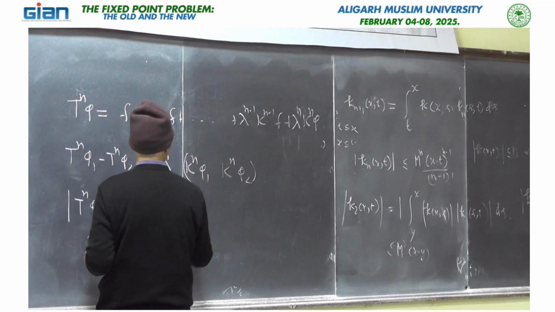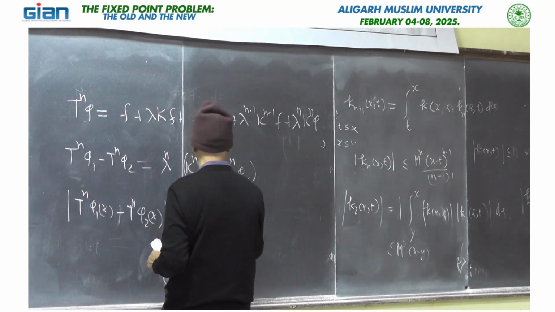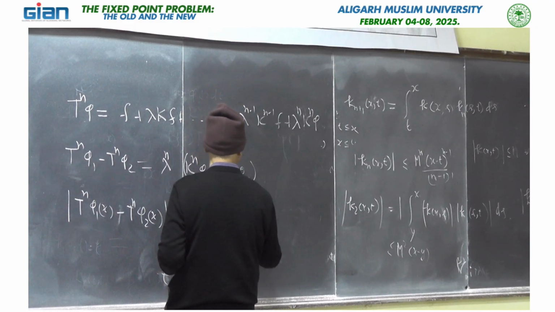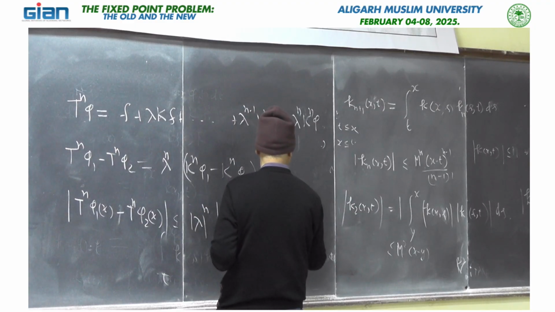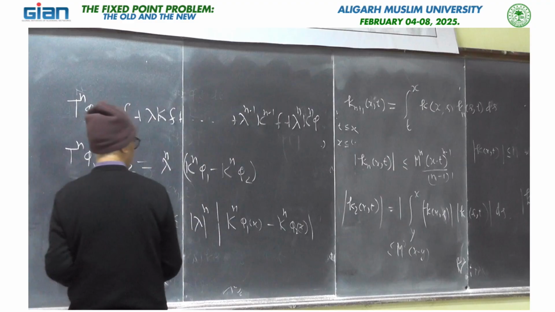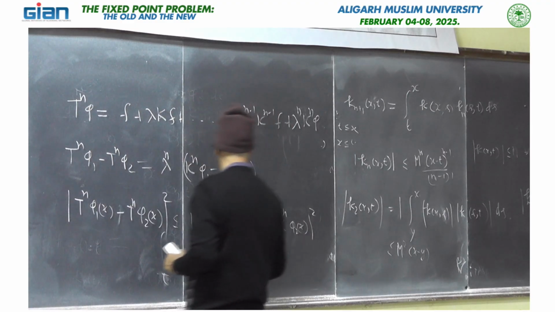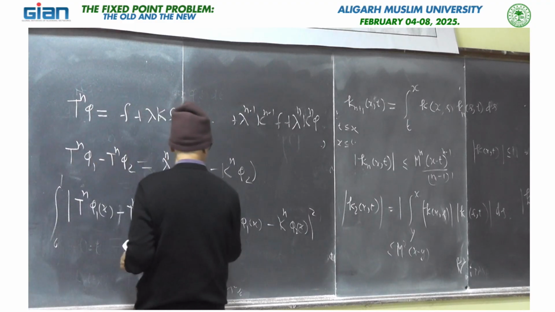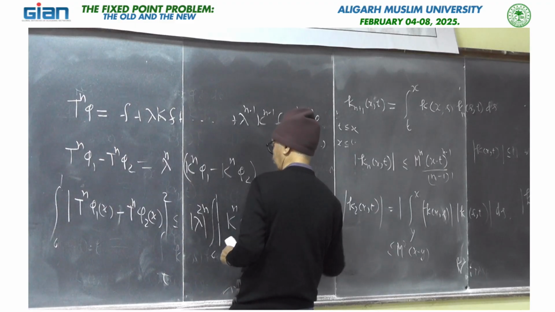That is less than or equal to |lambda|^n times |K^n phi_1(x) minus K^n phi_2(x)|. Squaring that and then integrating from 0 to 1, dx,